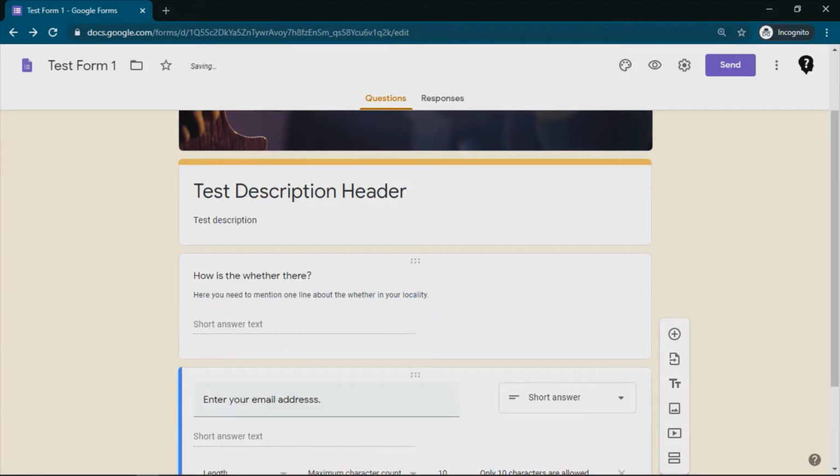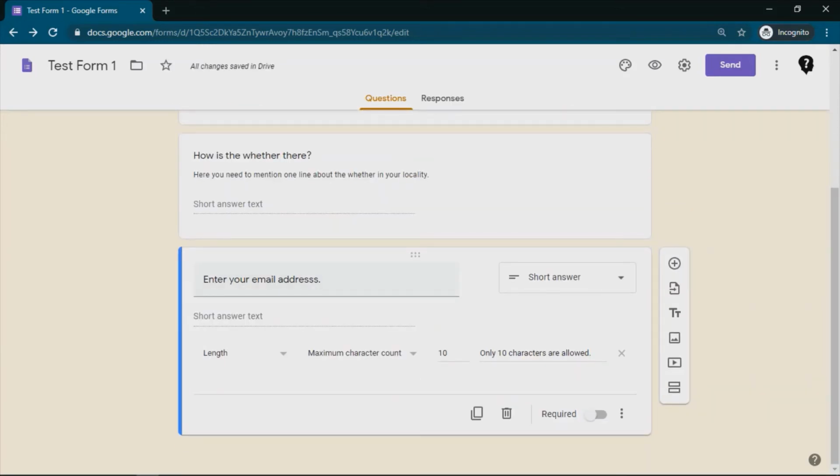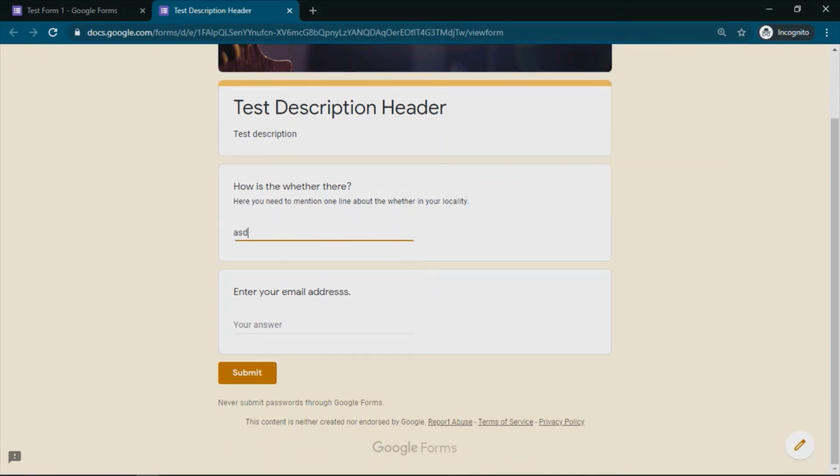Okay, but if you do not want it this way, in the same short answer section we can click on the text, and here I can apply the criteria as email address. So if it is not an email address, what error text should we enter? This is not the correct email address. Okay, let me hit the preview. Now see here, we have these questions again.